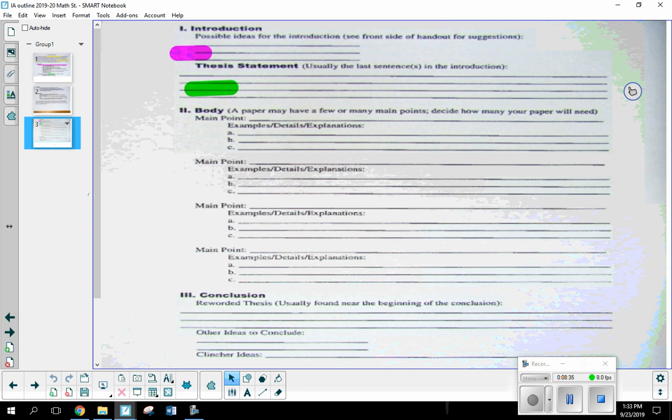I'm not looking for the actual essay. That's not coming up until when? December 12th. So we're still a few months out, but I do want you to be thinking about the body of your paper. I've said many times that this thing is progressive. It's not going to be finished in a weekend or a week. It's something that's going to take time.